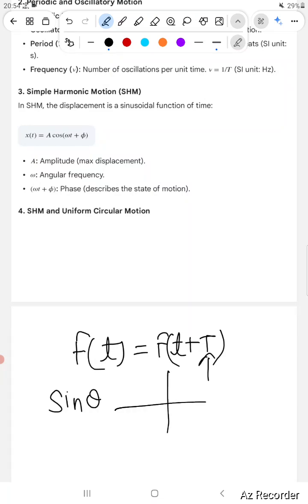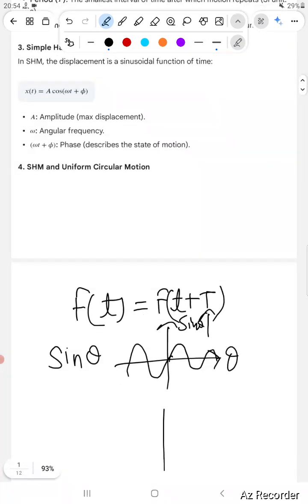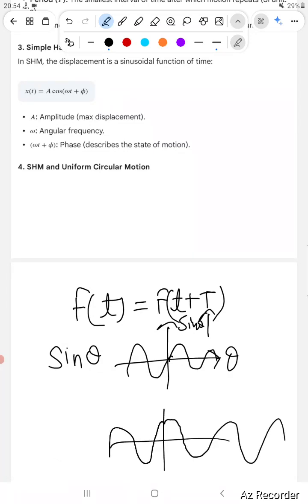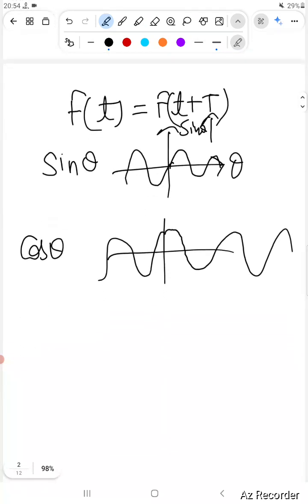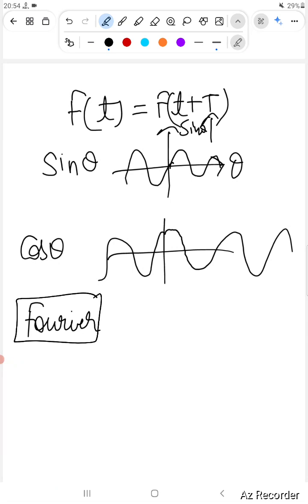Sir, how do you know? We have already seen the plot of sine theta, which is like this. Cos theta is also periodic because we have seen cos starts from 1 and goes to 0 like this. Cos is also periodic. There was one scientist called Fourier who told that any periodic function